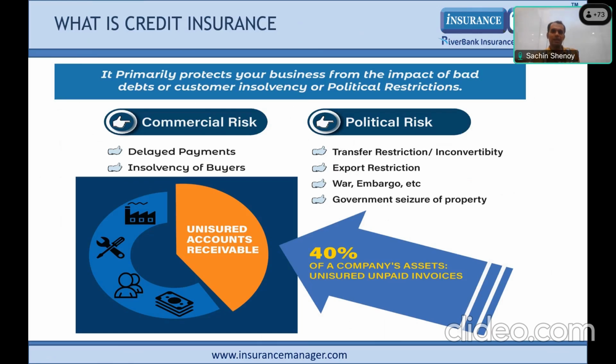And once you file a claim, then from there, initially the insurance company will make an effort to recover the money, and there also we have a defined timeline which is defined in the policy. And subsequently, if recovery has happened, that would reduce your debt. If recovery has not happened or partial recovery has happened, then the insurance company will pay out a claim from their own pockets.